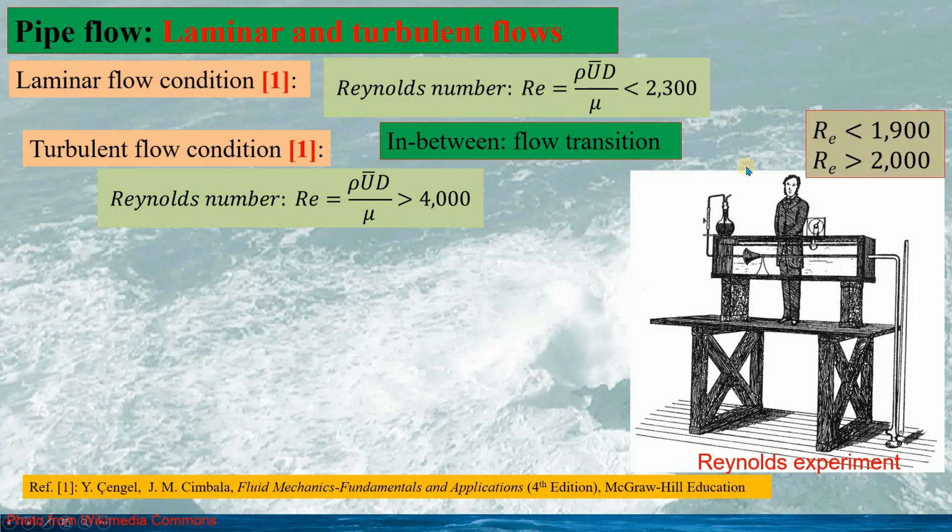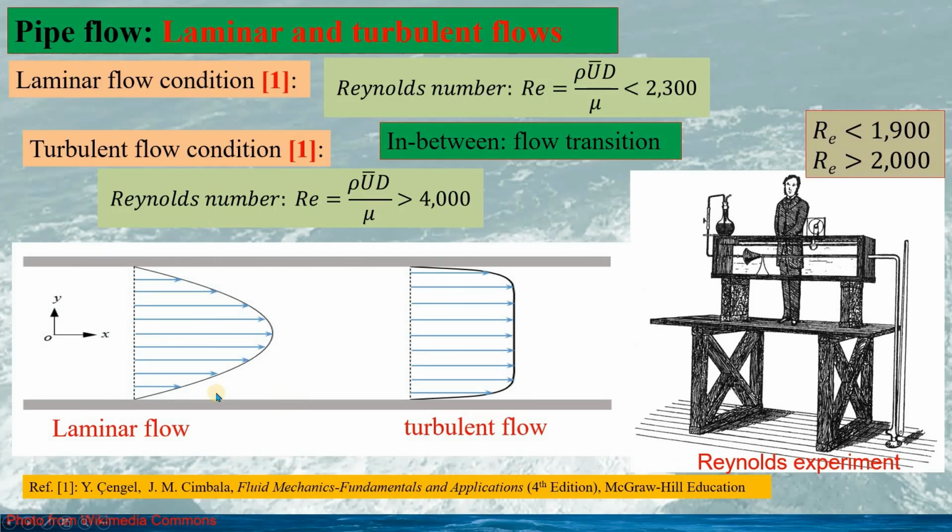These Reynolds numbers would be slightly different from the Reynolds experiment. He gave the result for the laminar flow when the Reynolds number is less than 1,900, and the turbulent flow when the Reynolds number is larger than 2,000. Yes, we can see the difference here from the accepted values now. Although it looks like a huge difference, in reality this is still very small. We will see this later.